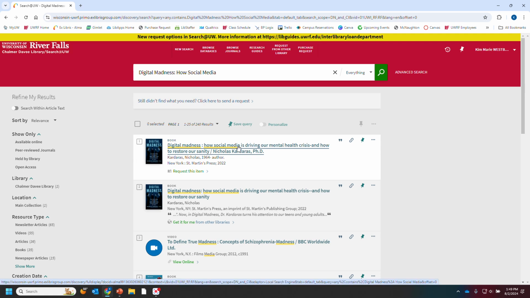If your item just isn't showing up in Search UW at all, please check your spelling. Sometimes that's a reason why it won't work. But if it's just not showing up, then you can fill out a blank request. So up here at the top, it says Request from Other Library. You can click on that,